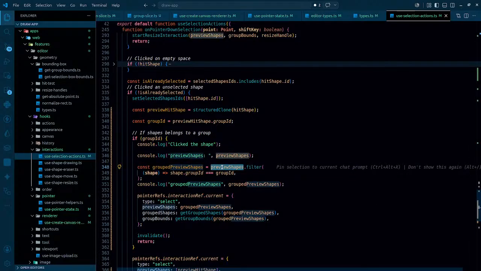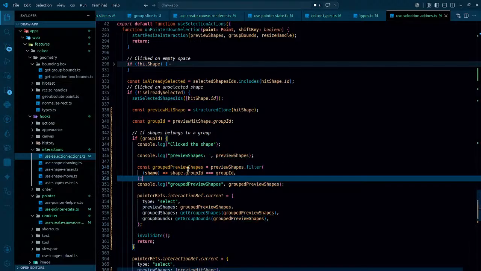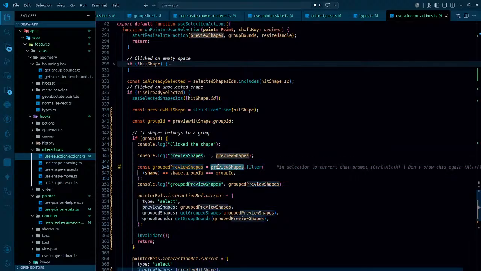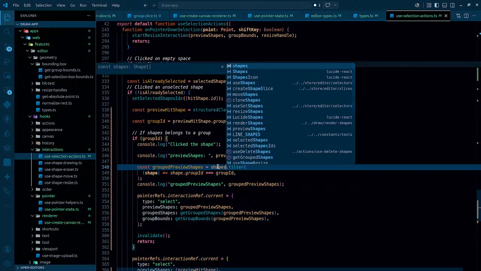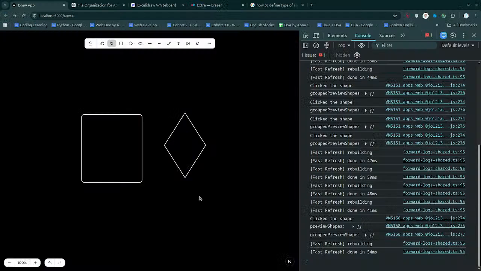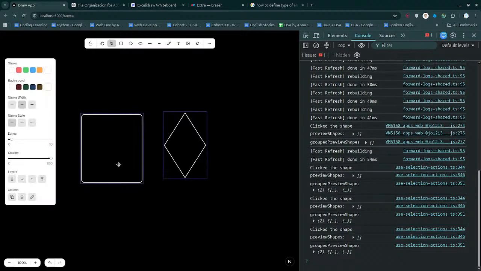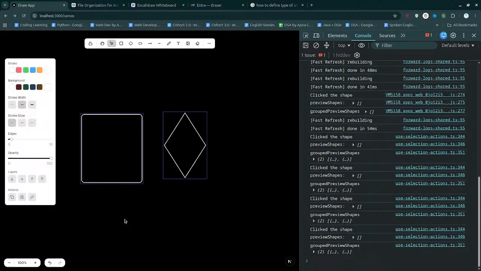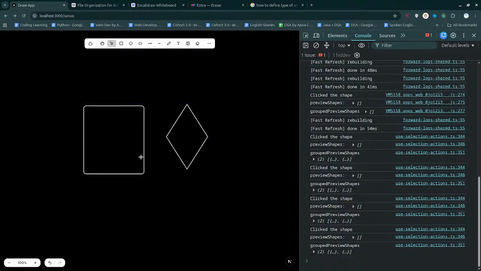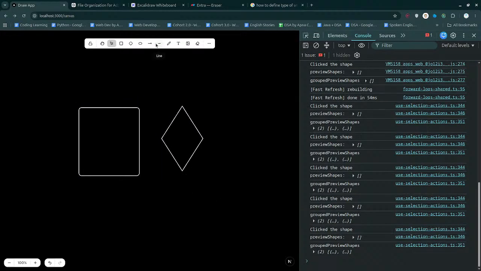It is dependent on the preview shapes. And what are the preview shapes? When you select them, then only you get the preview shapes. It should not be dependent on that. So it should be dependent on the shapes. From the shapes I'll get the preview shapes. But this is not what I want. I'll fix this anyway, but